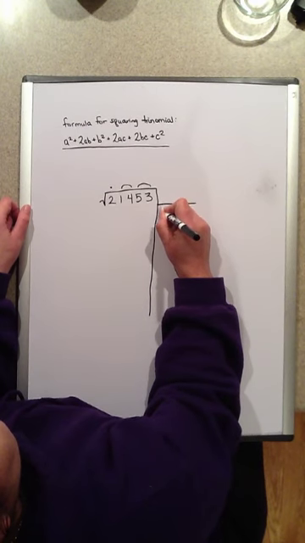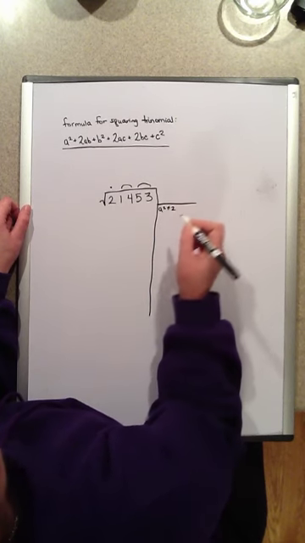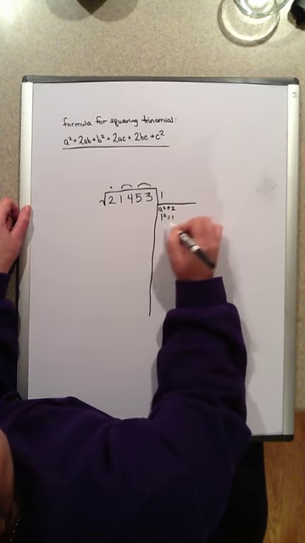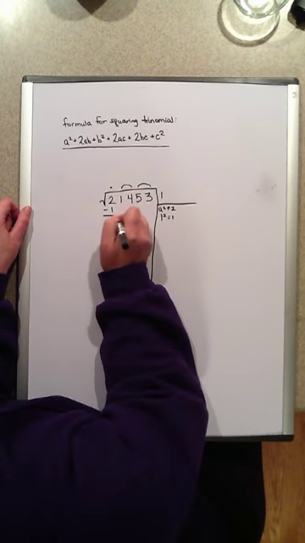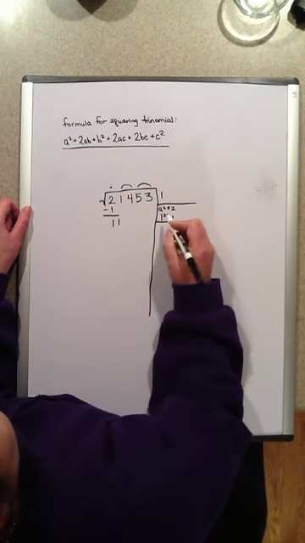The first step is to solve for a. A squared has to be less than or equal to 2. Let's go with our 1. 1 squared equals 1. Subtract. Bring down the 1. The next step